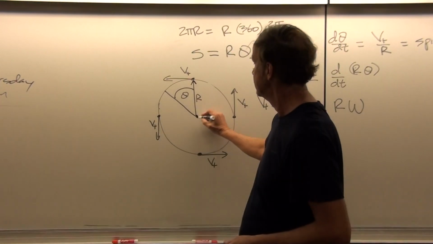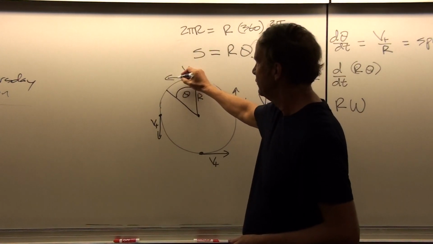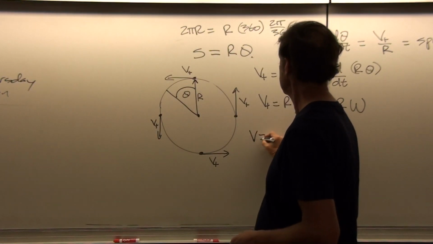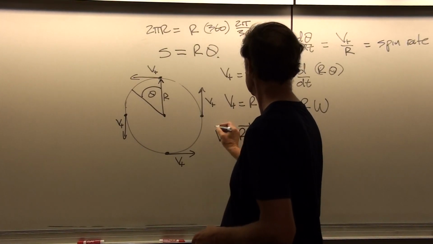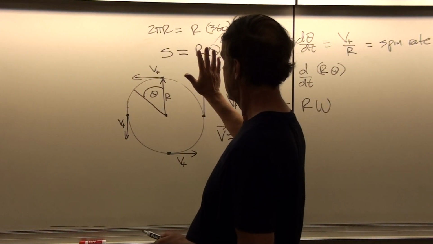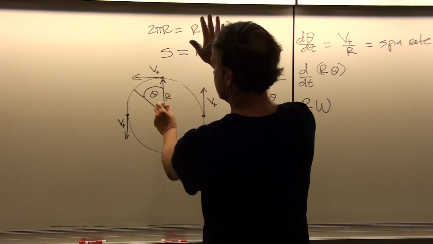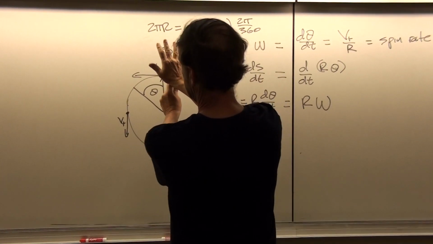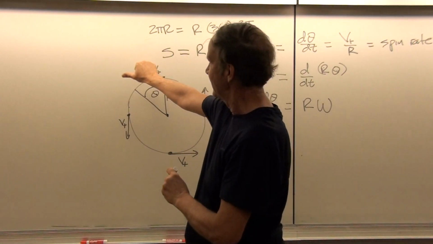So in this problem then, if our radius vector goes from the point of the center of mass, the center of spin, to the point in which the object is rotating, we can say that v is equal to r cross omega. So this is a vector cross product in which what we'll do is we'll stick our arm in the direction of r and then curl our fingers in the direction of omega. So omega is our spin axis, and that goes into or out of the board, in this case into the board. So we do r cross omega, and that gives us the direction of v.